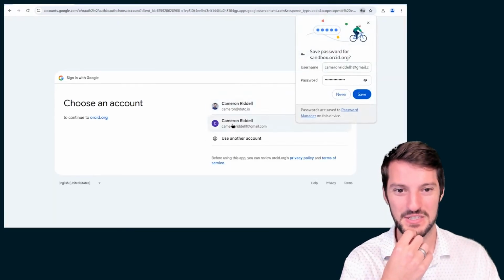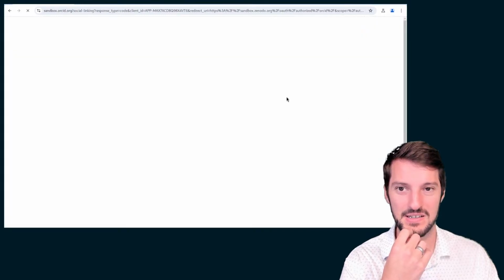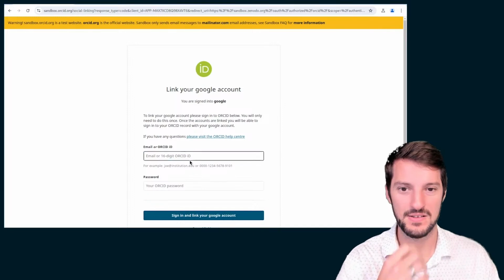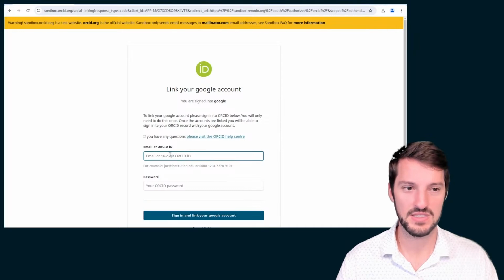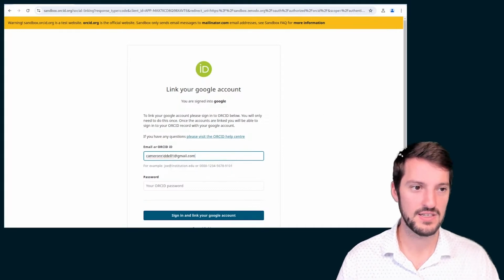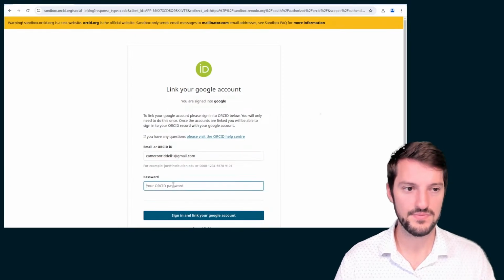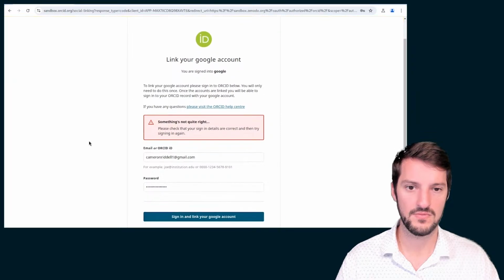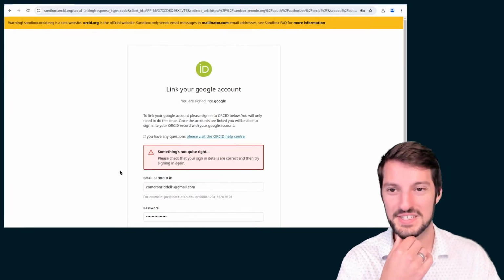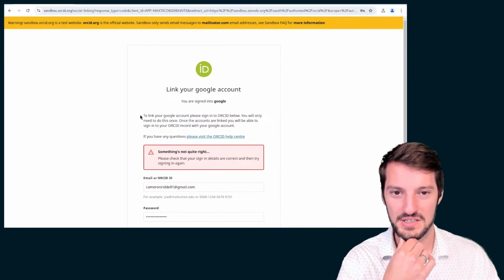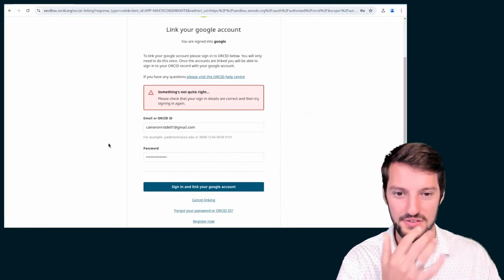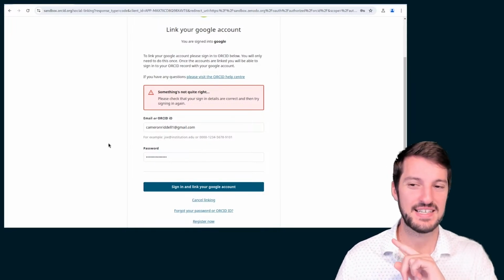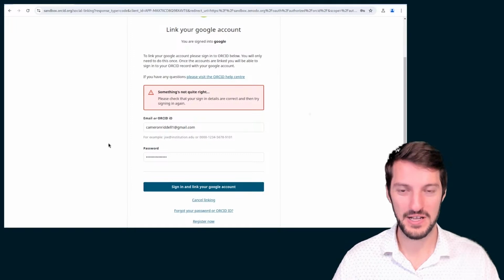So let's give this a go here. Sign in there. Perfect. Okay, so Gmail, just like this. All right, well, if it doesn't want to let me get signed in for whichever reason here, to link my Google account in this case, that is A-okay, because I know how easy it is for us to actually use